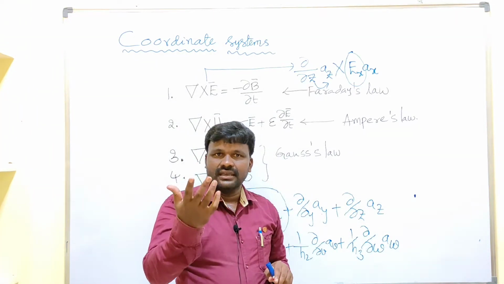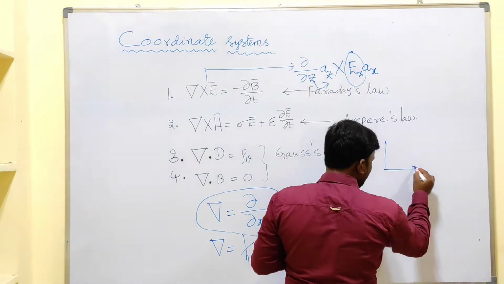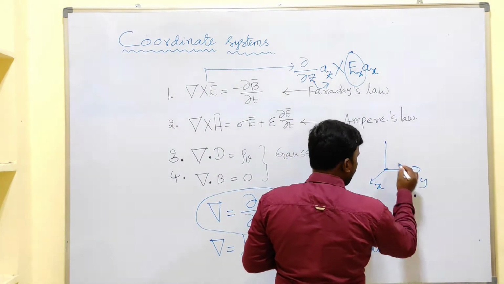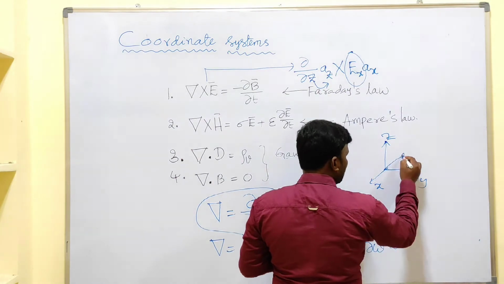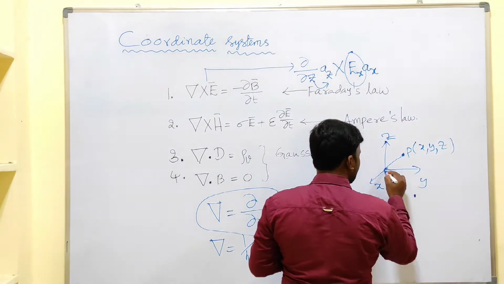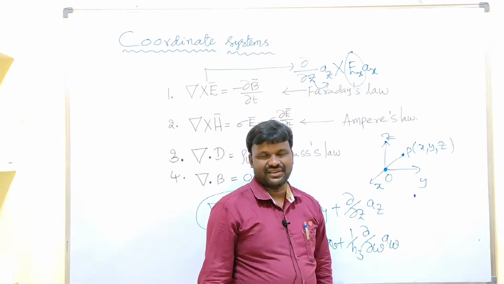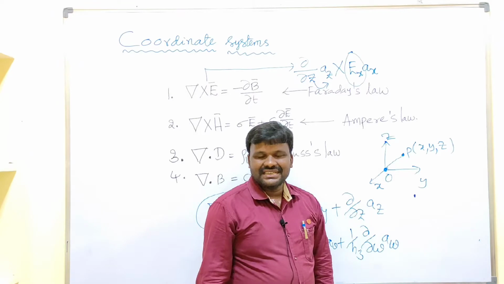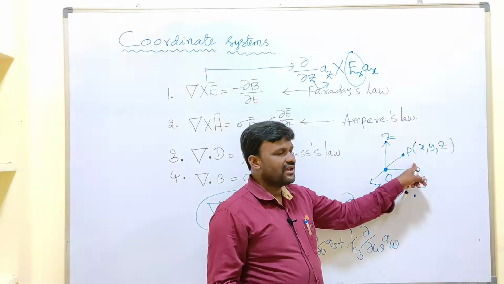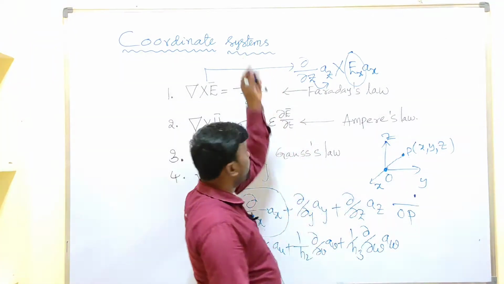We already discussed that vector. Let us consider it like this. Here I have x, y, z. This is nothing but what? Your point. It is x comma y comma z. It is your origin. Then it is nothing but what? A position vector. What I want to say is, in order to represent a point like this P or a vector like this OP bar, we require the knowledge of what?